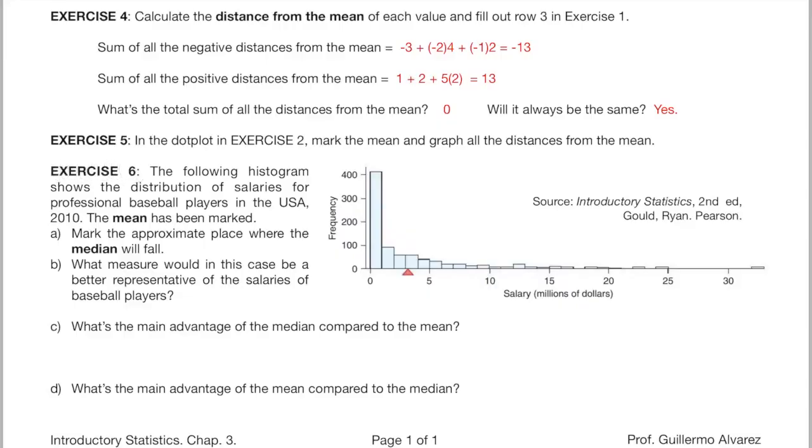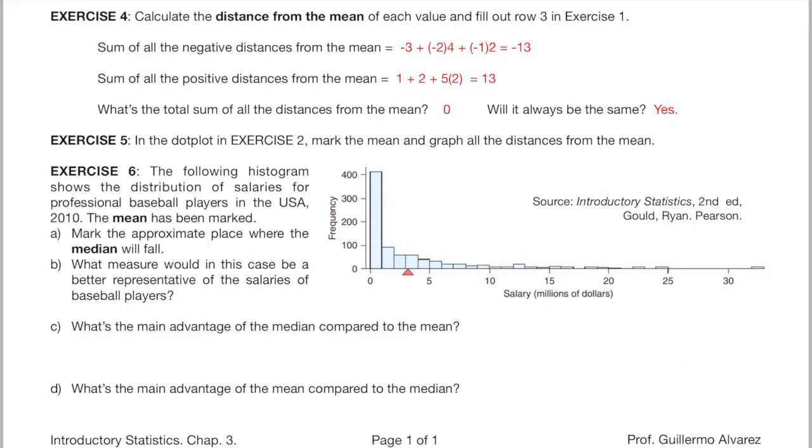Exercise 6. Here we have a distribution of salaries for baseball players in the USA. The mean is marked. It's a bit more than $3 million a year. If you are playing baseball and you are trying to become a professional, you may be excited about this average salary. The problem is that if tomorrow you get hired as a professional baseball player, the mean may not be a good indicator of how much you can expect to make. Why? We introduced this idea in the previous chapter, because the mean will be distorted by those players that make 10, 20 or more than $30 million a year.